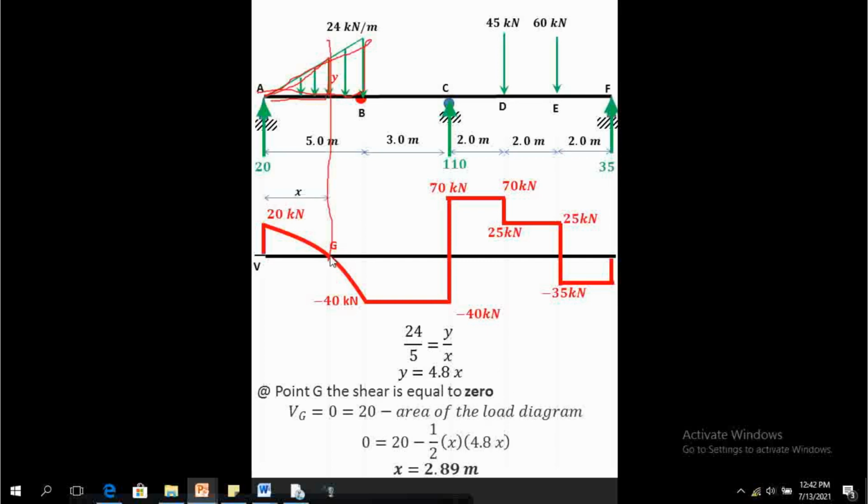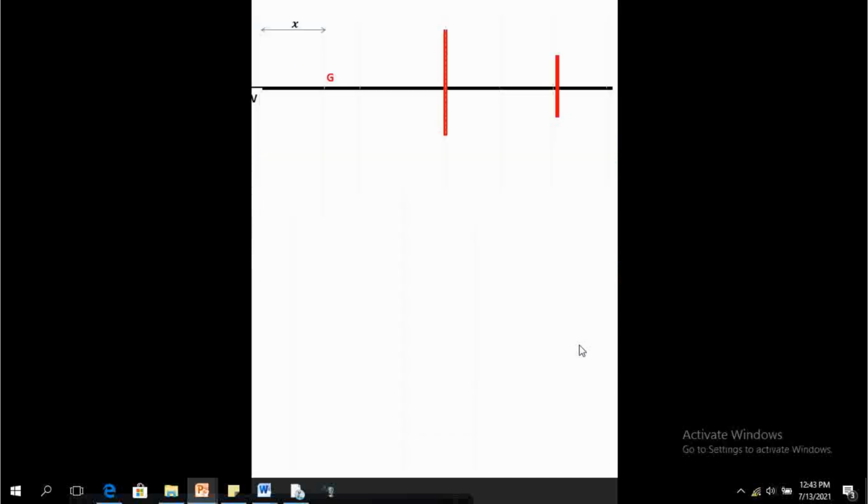After that, at point G, the shear is equal to 0. So, kapag kukunin ko yung shear kay G, that is 20 minus, bakit minus? Kasi pababa yung direction dito sa load diagram. Minus the area of the load diagram. So, 20 minus, yung area nitong small triangle na to is 1/2, my base is x, and my height is yung y. Therefore, now, the value of my x is equal to 2.89 meters. Okay? Pag nakuha ko na ngayon si 2.89 meters, pwede na akong mag-drawing